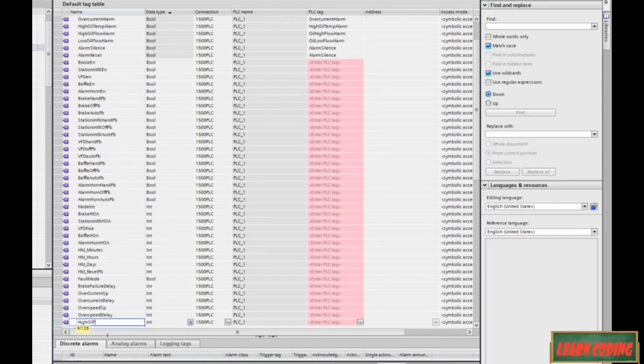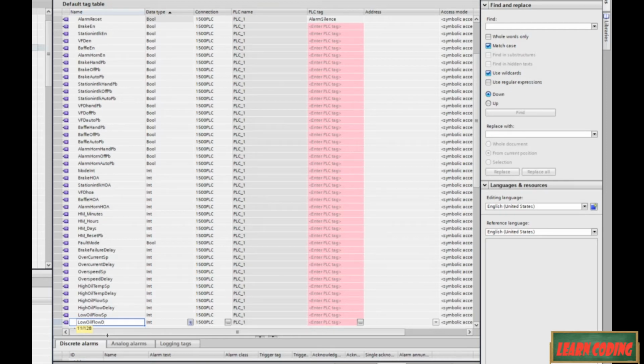high oil flow, or rather let's do temp first. High oil temp set point, high oil temp delay, high oil flow set point, high oil flow delay, low oil flow set point. And actually we don't need a set point on, oh yeah we do, low oil flow set point, low oil flow delay,